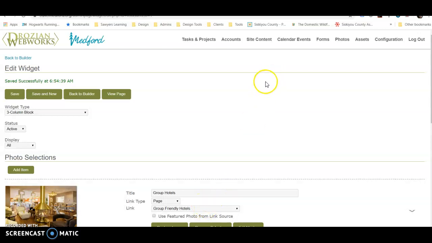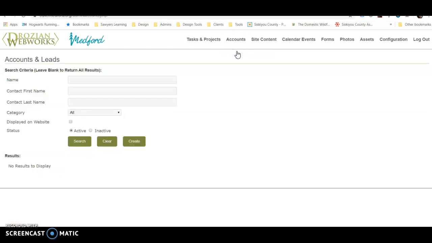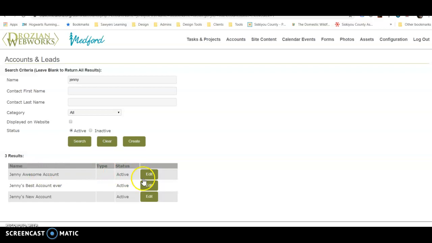Okay, I'm gonna just show you really quickly where the account categories are. So I'll go to accounts and leads, and I'll search for an account. Oh, I don't have a test account. Oh, there we go. I will press edit,